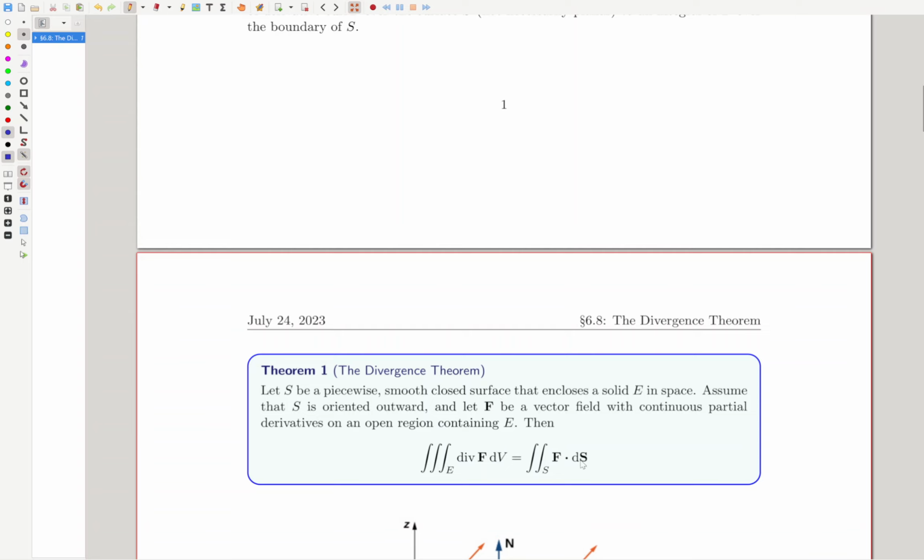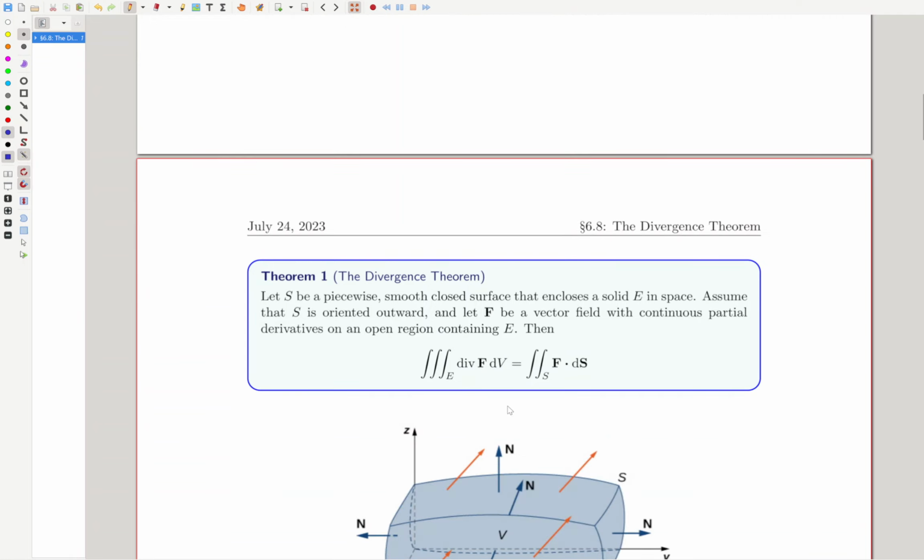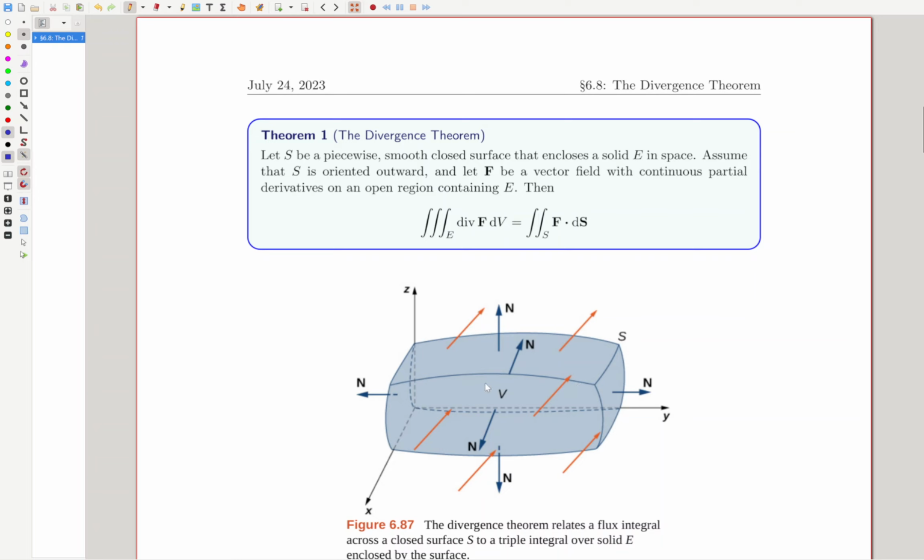And just to make sure that it makes sense what the divergence theorem is saying, this triple integral is over the solid. So, for example, in this picture here, this almost looks like a rectangular prism, except it's kind of puffed out. But the triple integral would be over the volume. So every point in this cuboid-like shape, and that would be how you would compute the right-hand side, right? All the points in 3-dimensional space that are inside this region